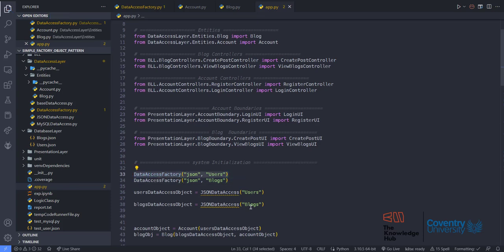And what's going to happen is that I'm going to replace this part with this part, okay, and replace this part with this part. Okay, so we created the factory. So this is the user data access factory object. This is the same thing,